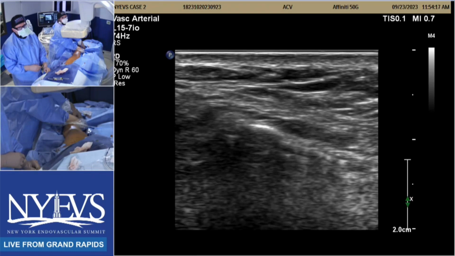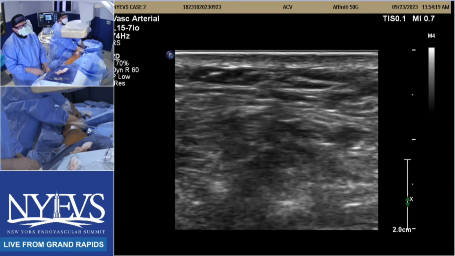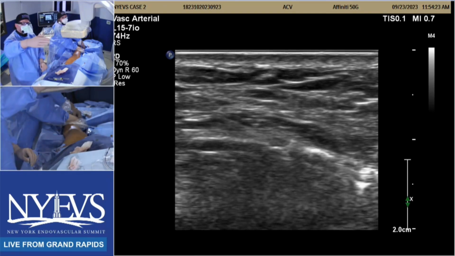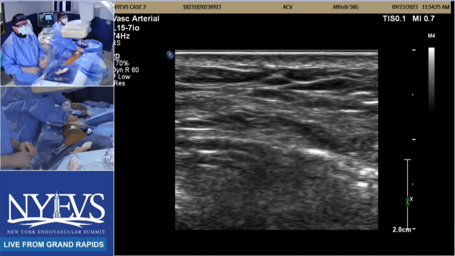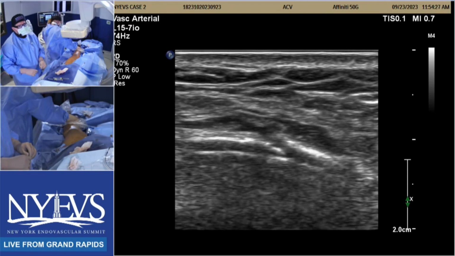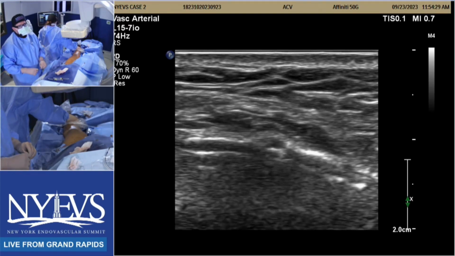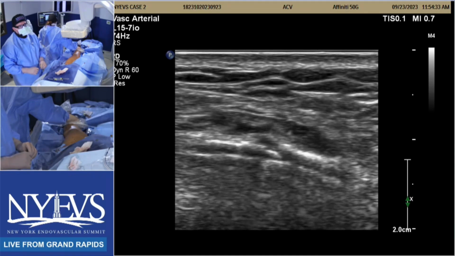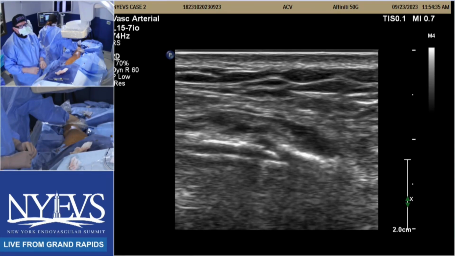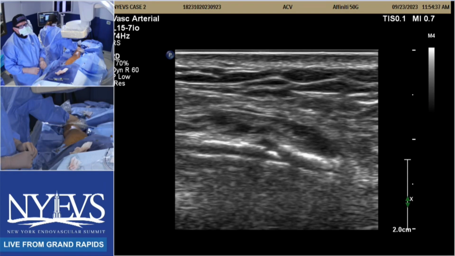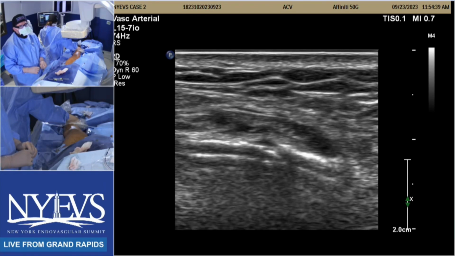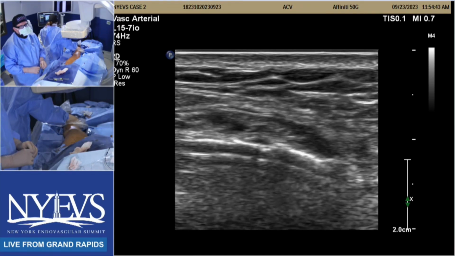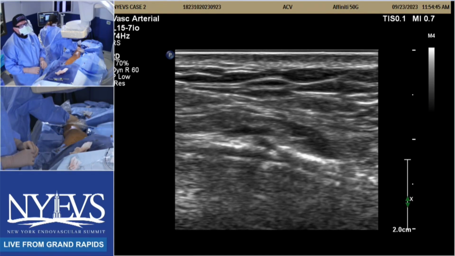So she's pulling the sheath. My balloon is already down there. The wire is probably still outside the body. So you can see how the tenting of the vessel disappeared. So now I'm pulling the wire back in. And I think it's already in. So now, this is the Command wire. If I don't pay attention or if I go blindly, I might go outside. And it looks like, see that? I'm already going outside here. So when that happens,